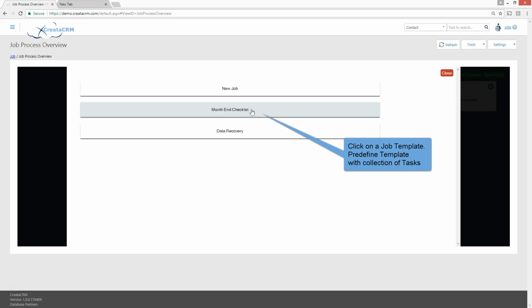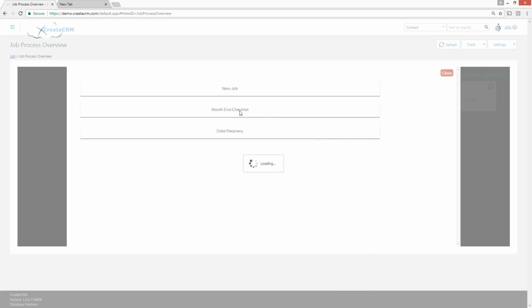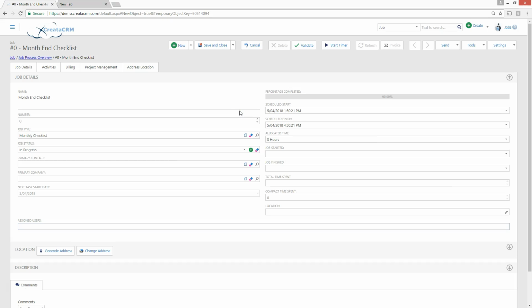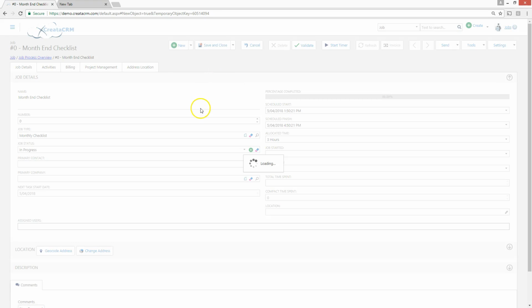The other element you have is job templates that will display. Job templates are predefined templates that the management team have set up. We'll go through how to create a job template in another part of the training, but these job templates are already designed. If I click on end of month checklist, I can create a job in progress for the end of month checklist, and that brings in all the checks and balances of the template. Now if I save and view that,